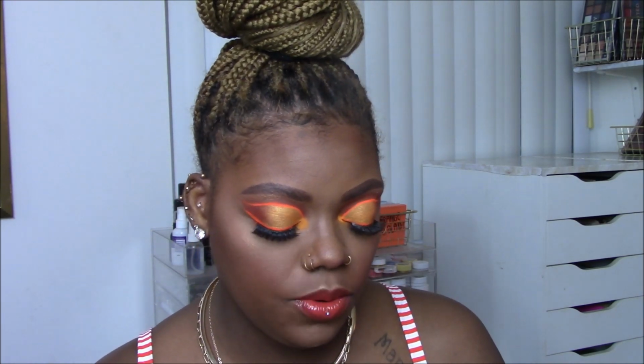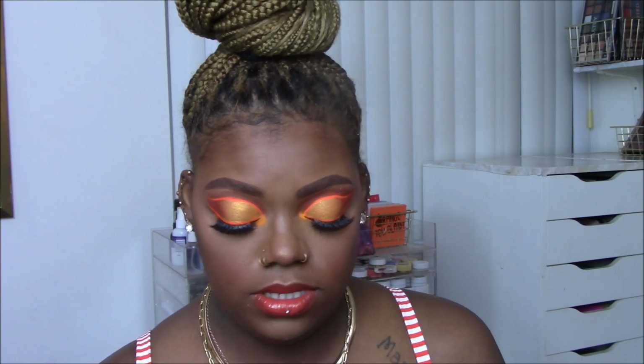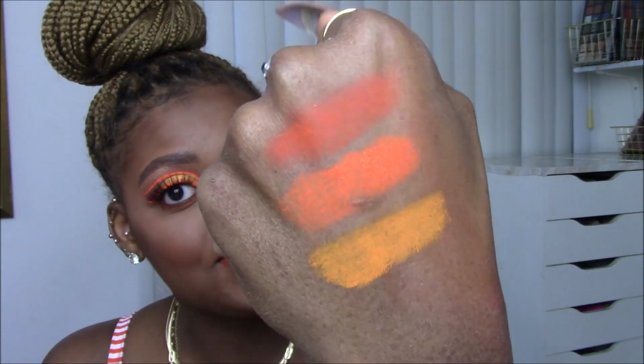So you can see the different oranges here. I definitely should take a picture of these swatches. All right, so that's Mango Margarita. Look, these are beautiful. And the next shade is also from Give Me Glow, and it is the, I am